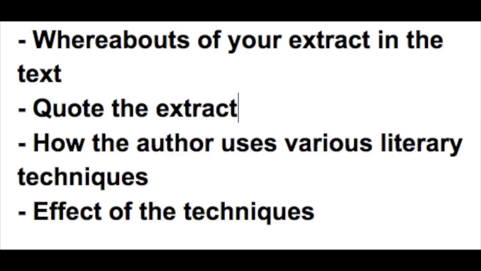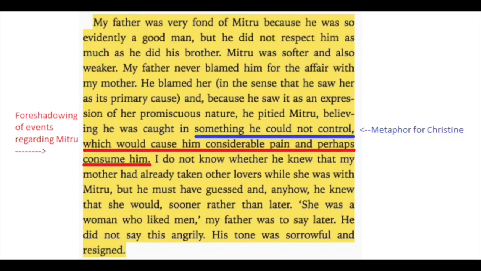You would then have to write about how the author, in this case Raymond Gaita, used the various techniques to convey meaning and or expression, and what is the effect of this technique used within the extract. An example from Romulus My Father I decided to analyze was from page 82 to 83. The techniques I found from this extract were metaphor and foreshadowing.